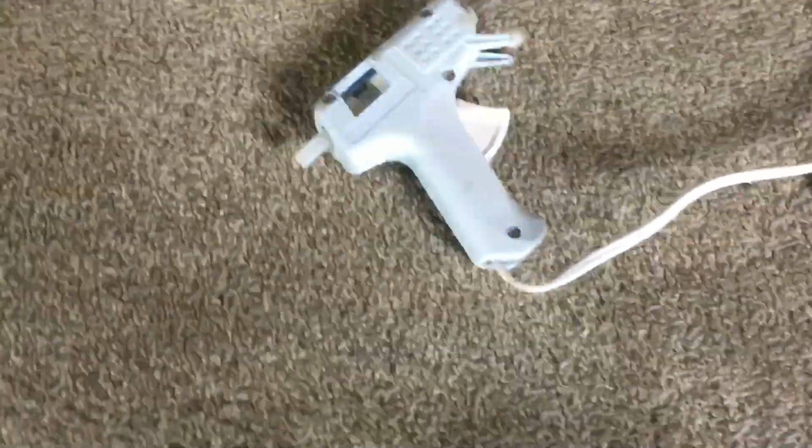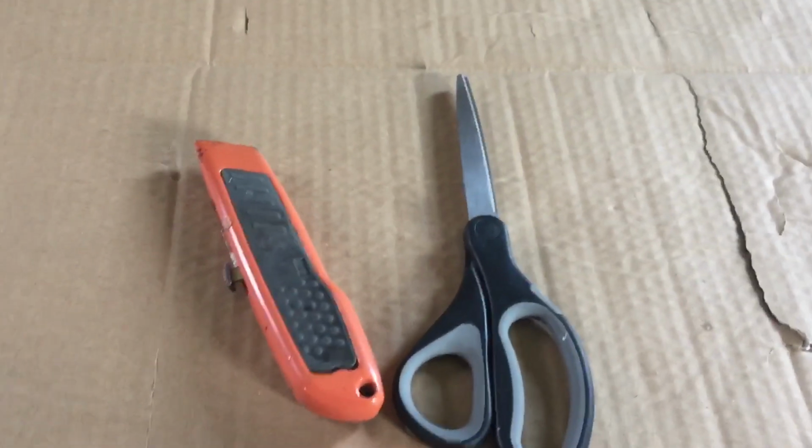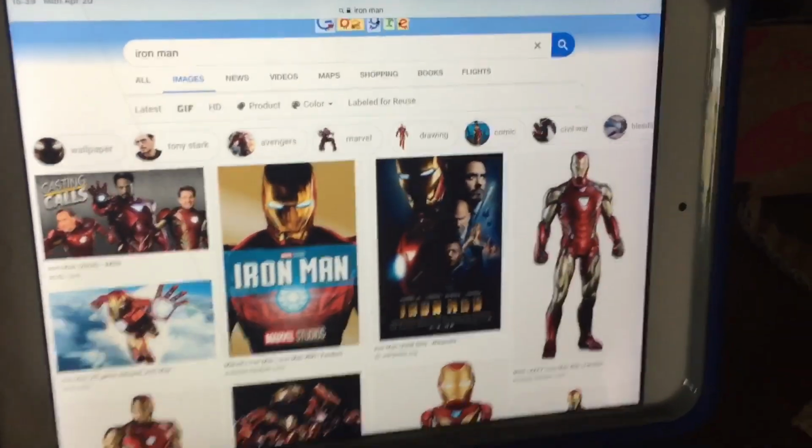Today I am going to teach you how to make a baby Iron Man chest plate out of cardboard. What you'll need: hot glue sticks, tons of cardboard, a scissor or an X-Acto knife, and some reference